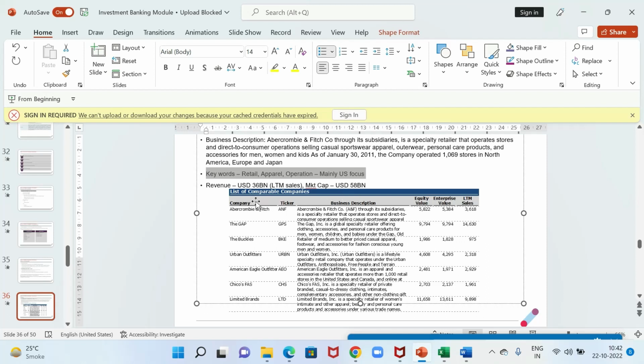So we had that revenue and market cap, LTM sales close to 36 billion. So we had these. So BKE is very low in terms of sales. Hardly how much? 30% of it. We'll exclude it. Gap is four times bigger. We'll have to choose the remaining comparables, one, two, three, or four at max we can select. So these are the things we have to look for. It's a continuous process. One filter, one hit, maybe change toggles, maybe change around it, and then see.